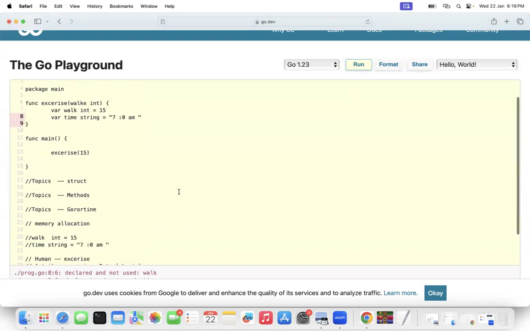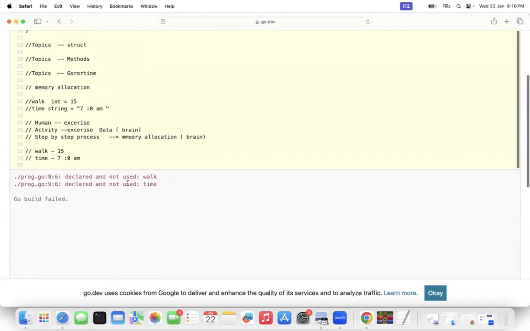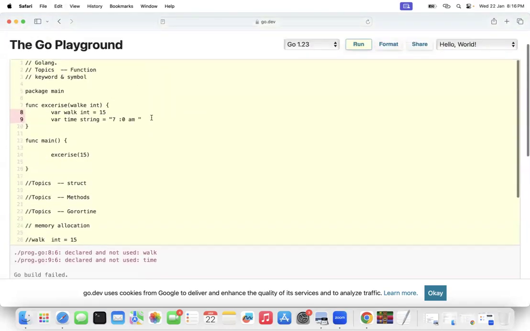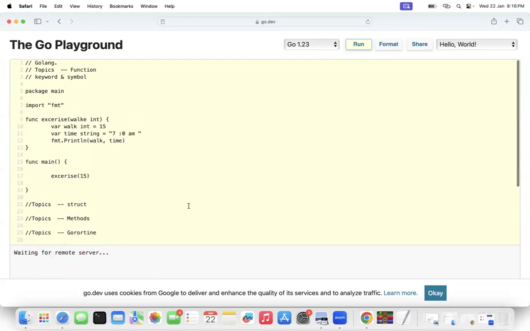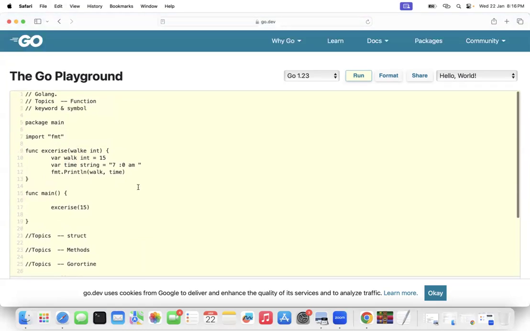So run this program. Now I still got only the error declared not used. For this error, you have to print something. fmt.Println. So what is Println? It's a function. It's an activity function that is used to print data. You can walk and you can print time also. So I think I exceeded 10 minutes. No, I'm perfect. So now I made this. The output is clear. Now this program is clear.